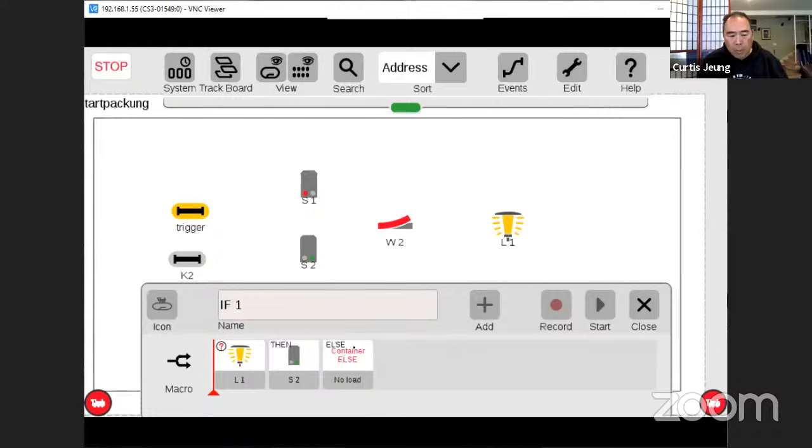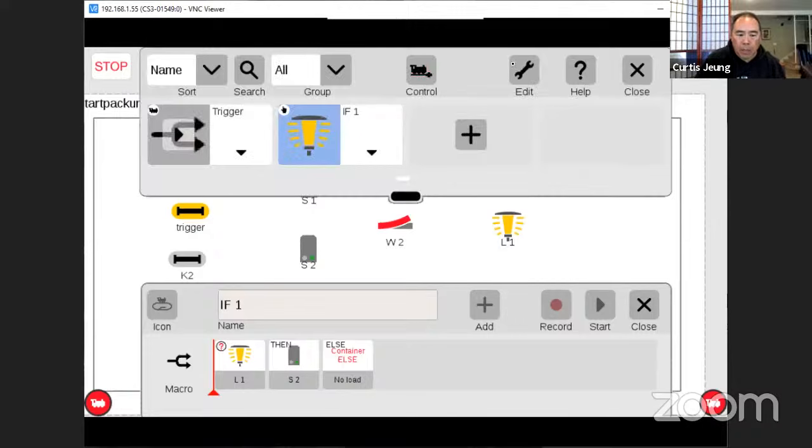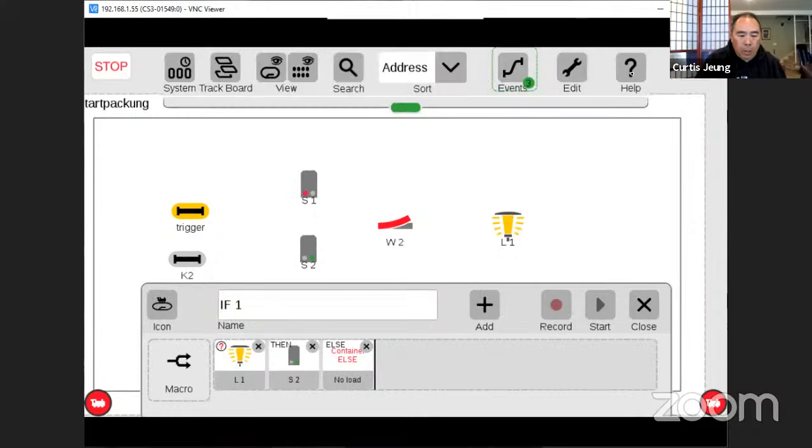So that's a simple, in programming, what we call an if-then statement. But because there's more advanced features to that, we have now an if-then-else statement. So what we're going to do is, let me edit the event. Oops, go into edit mode. Okay, now what we're going to do is we're going